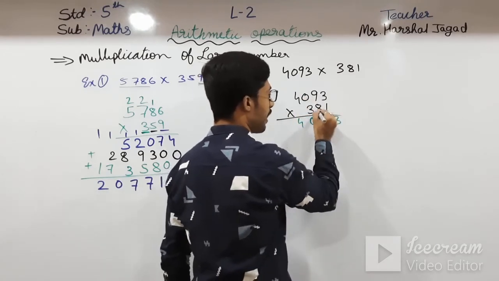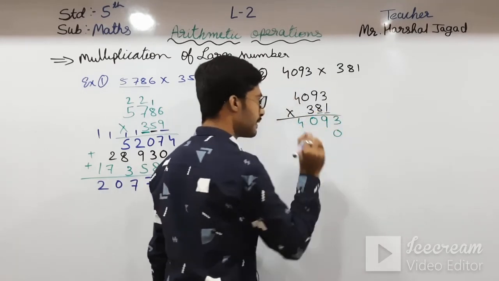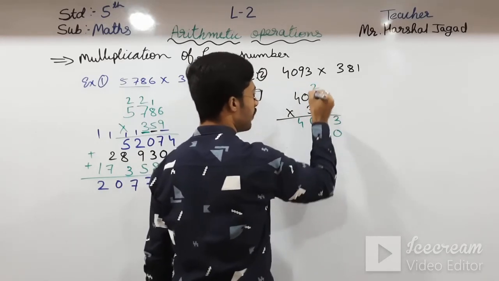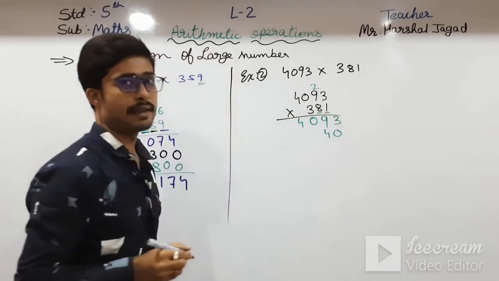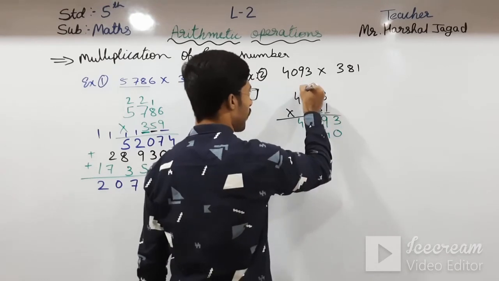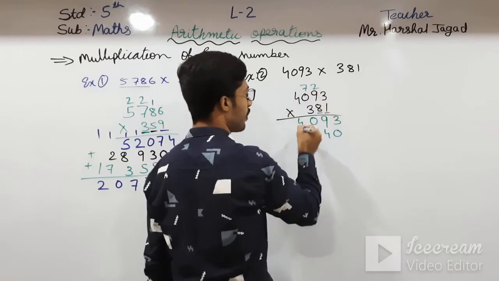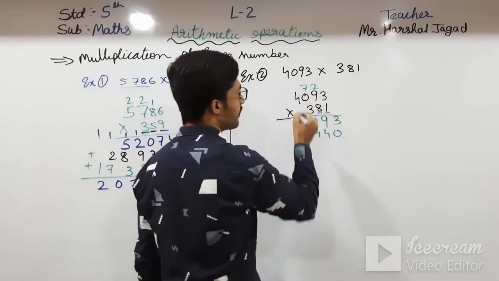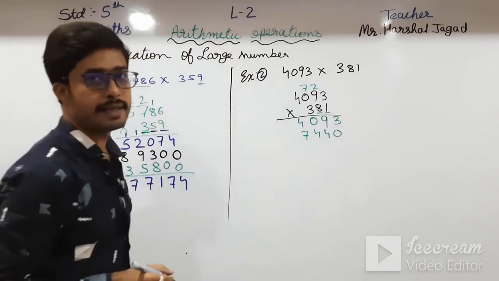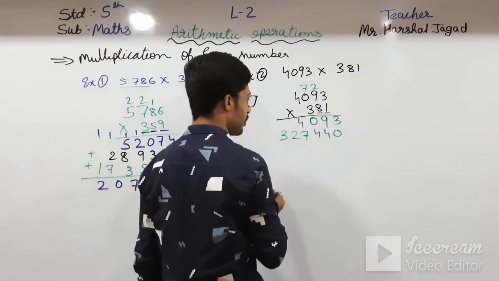Then now we are taking the tens place. So what do we have to put here? 0. Okay students, 8 3s are 24. 8 nines are 72, 72 plus 2, 74. Here, 8 times 0 will be 0 only, so we put 7. 4 eights are 32. We will write 32.